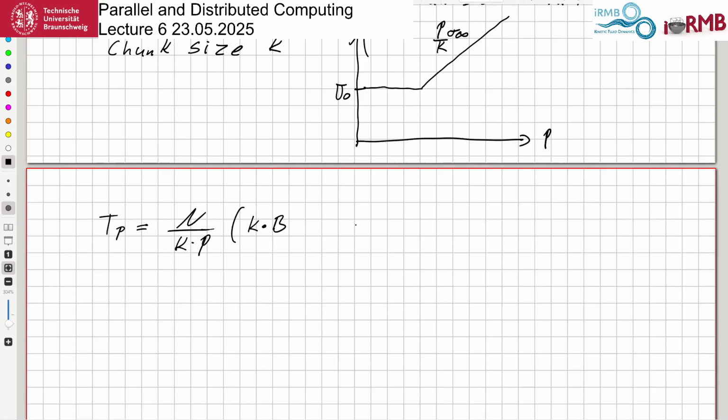Obviously. So this is now because it came plus the number of assignments that you get is again